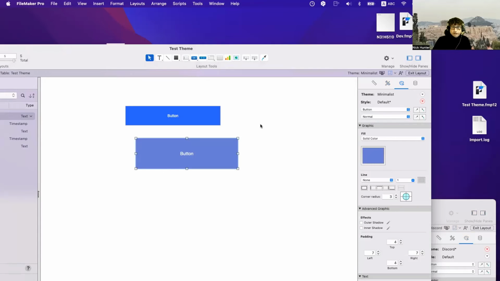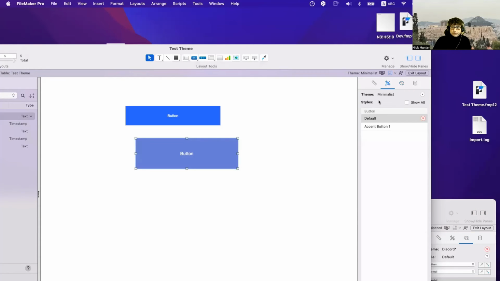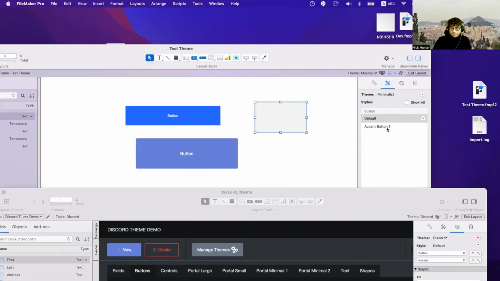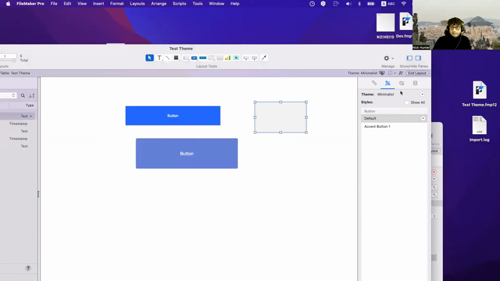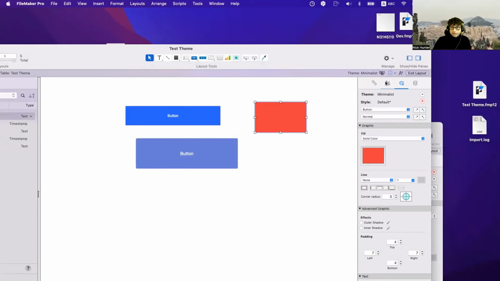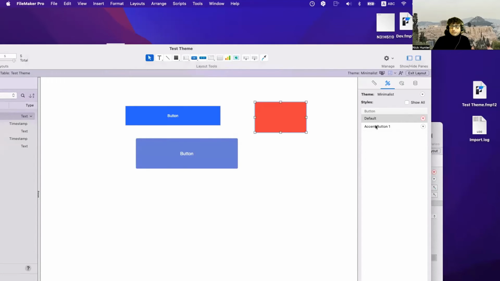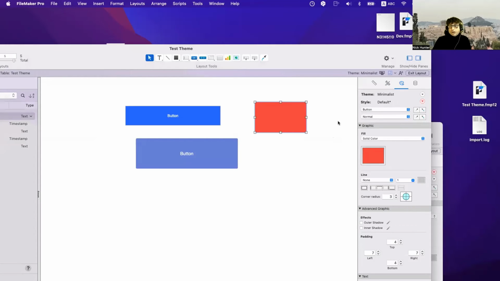Let's take this one. It's accent button 1, accent button 2. I copy this style, I paste it here. No, it's not. No, this is coming from another. So it's not pasting. I copied the style, I copied